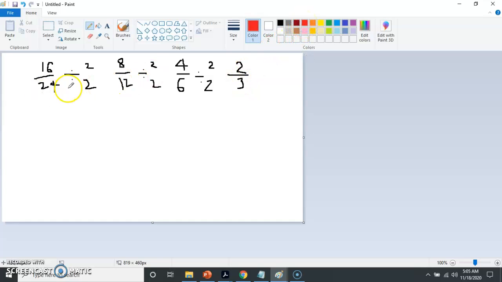So let's cross multiply to see if they're equivalent. 2 times 24 is 48. And 16 times 3, also 48. And so we're done. So if we take 16 over 24 and simplify it as much as possible,